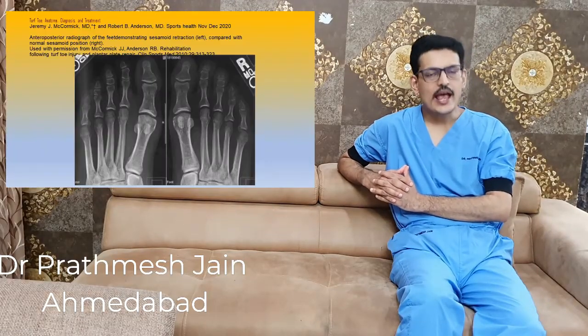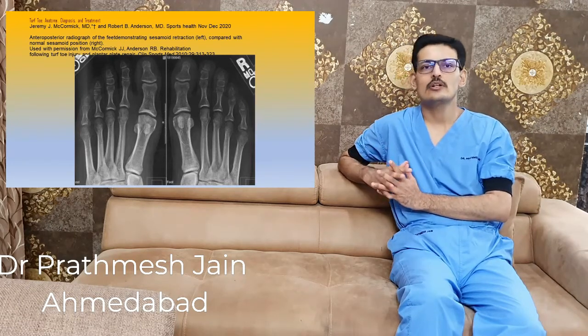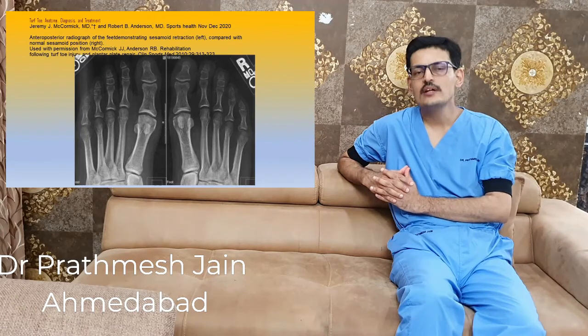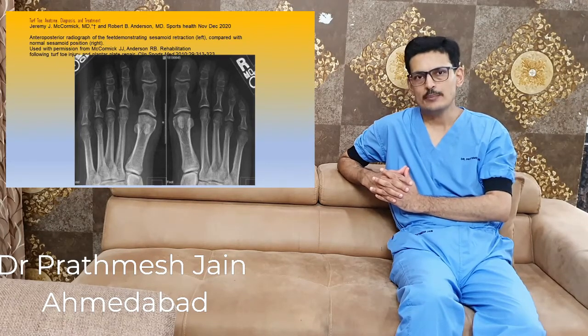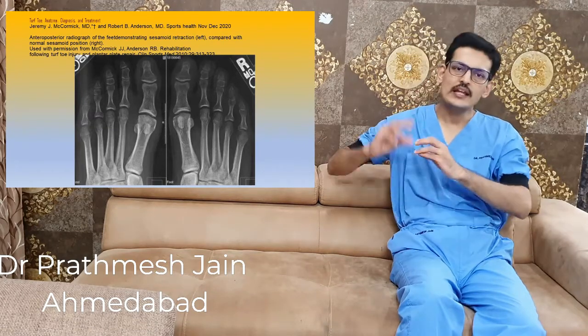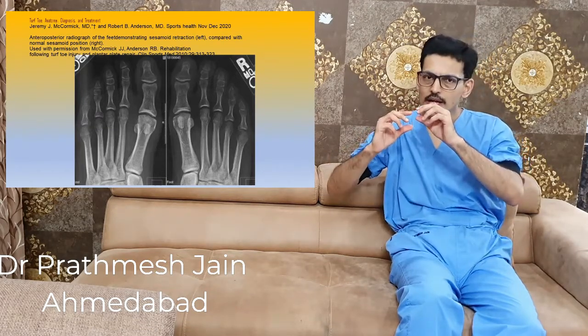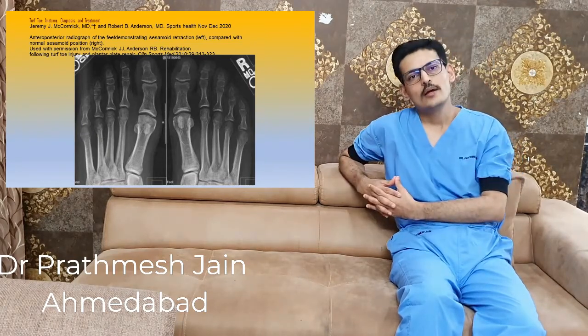The diagnosis is usually clinical. There are 3 tests that we can do. The first test is decreased active flexion strength. So we ask the patient to flex the great toe against resistance, and the flexion strength will decrease in this patient, which is a sign of a plantar plate injury. The second sign is the dorsoplantar draw test, which is the same as the Lachman's test, in which there is a vertical instability. So the great toe proximal phalanx will move anteroposteriorly with respect to the metatarsal.